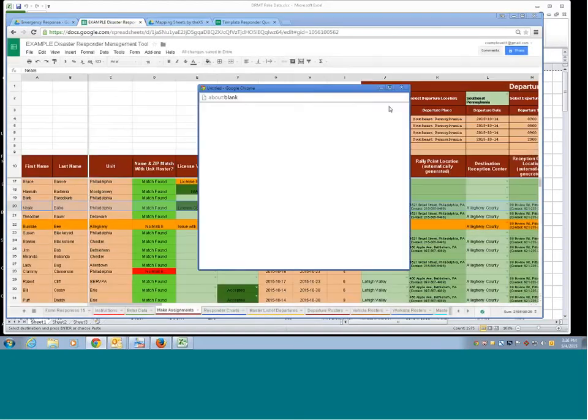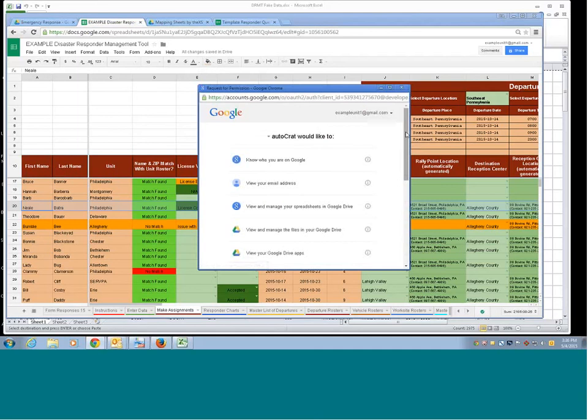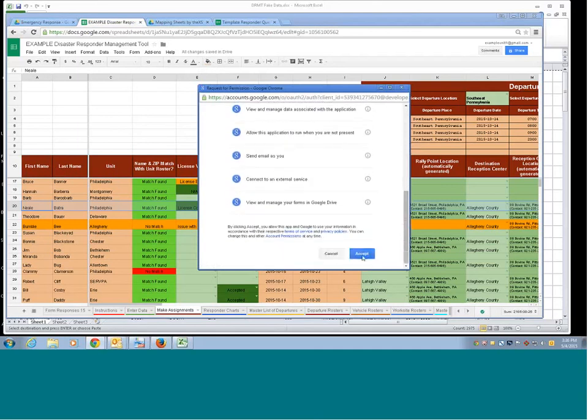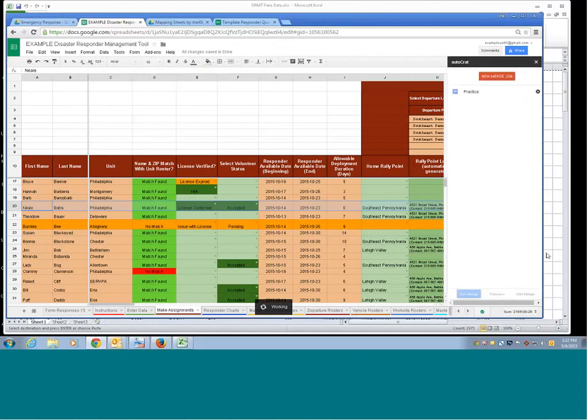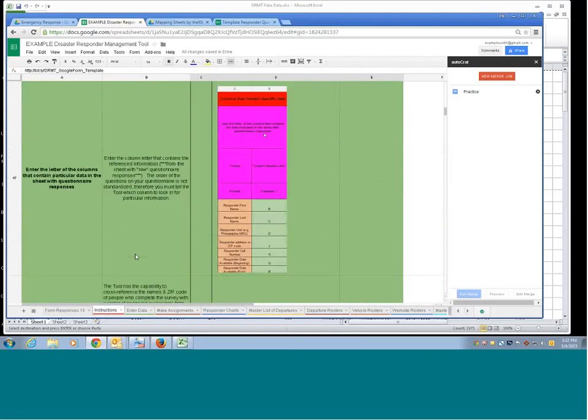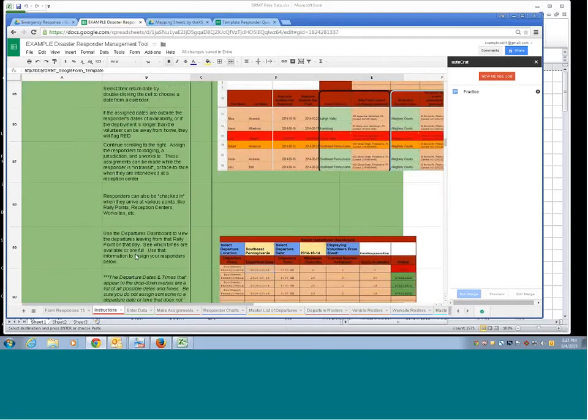And again, we'll have to allow the tool to access our sheet. And now we can launch it. And again, it's going to open a sidebar. And what this does is it merges the information in a particular row with a document in your drive. And so to make this work, we need to have a document that is sort of the template of the PDF summary. So if we go to the Instructions tab, and we scroll down to this particular function,